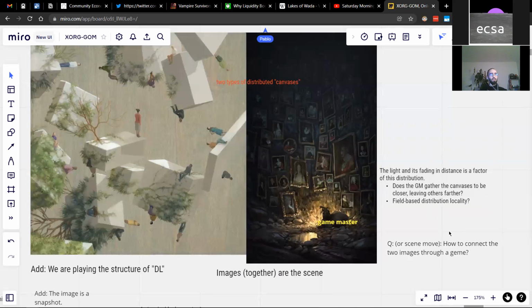I will add to that that not only is my answer yes, the game master can move the canvases, but also it seems to me that the light is an artificial source of light because it's inside of this cave. So probably the light moves as well. So the game master can move the light around. So that gives two moves to the game master: move the canvases and move the light. Yes, and that's a simple but an interesting combination. I will add that.